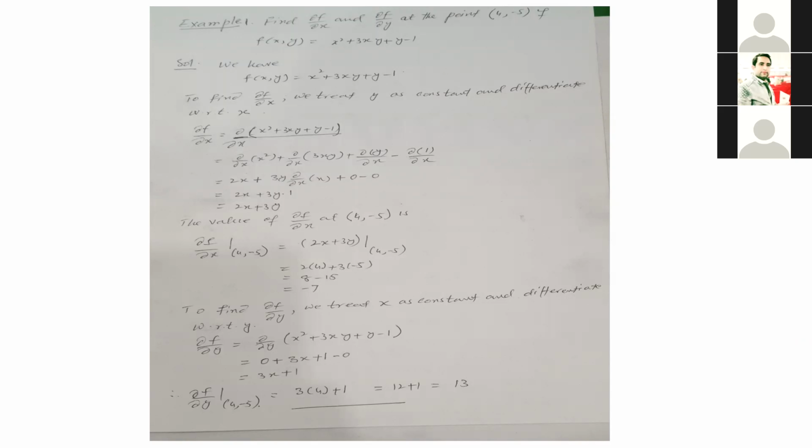So putting the value of x and y in the expression, you get 2 times 4, because x is 4, and plus this minus 5, because your y is minus 5, and this gives you minus 7. So the partial derivative of the function with respect to x at the given point is, in this case, equal to minus 7. Now we find the partial derivative with respect to